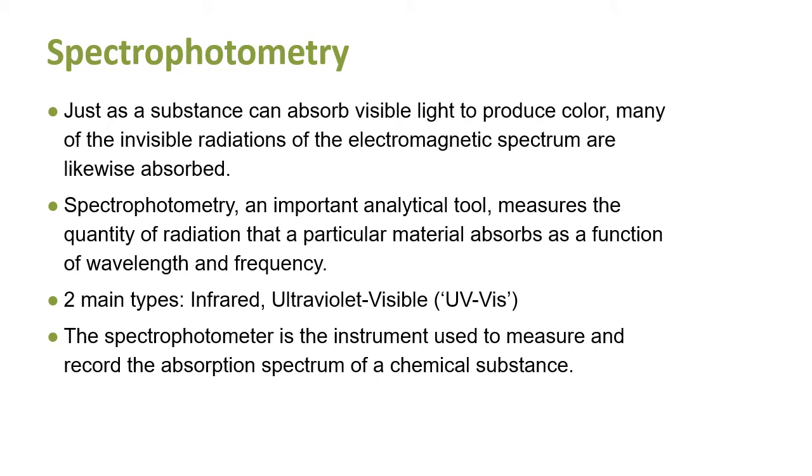So those are chromatography or separating methods. Another type of general method is spectrophotometry. In these, I'm going to see that different compounds absorb different characteristic wavelengths of light. And just as that substance can absorb visible light to produce color, I can also see this with non-visible ones like ultraviolet or infrared. So it doesn't have to necessarily be visible, it's also invisible